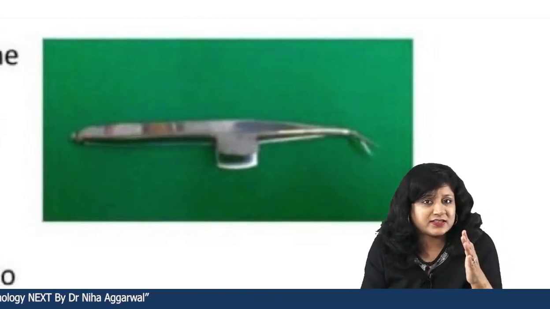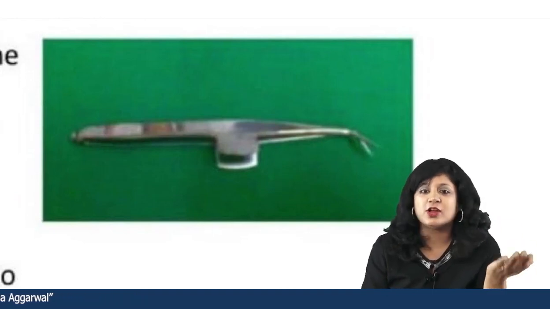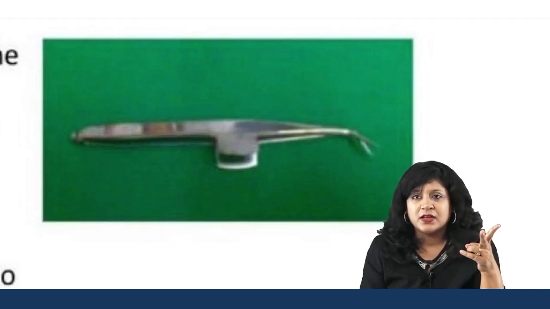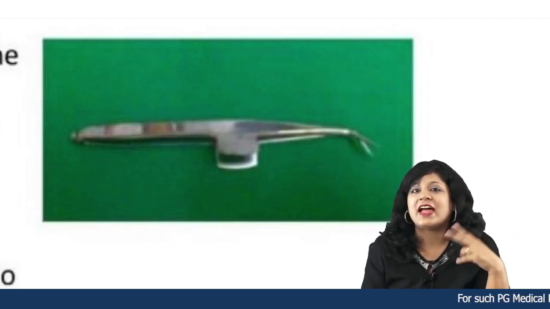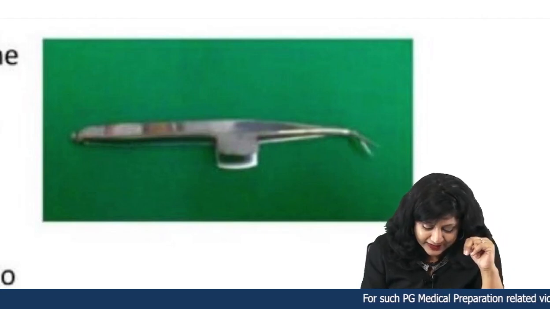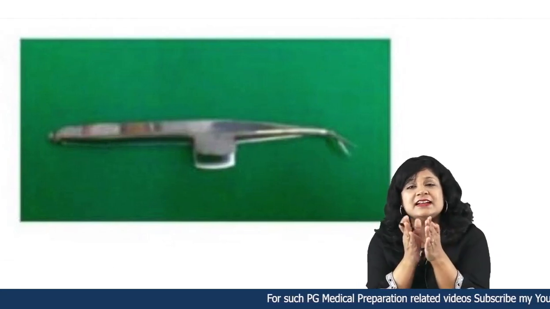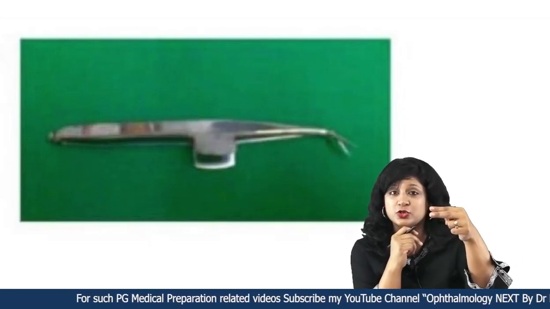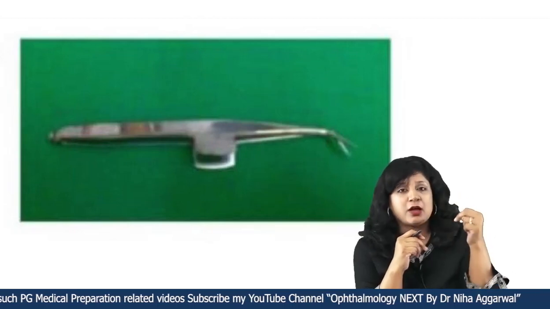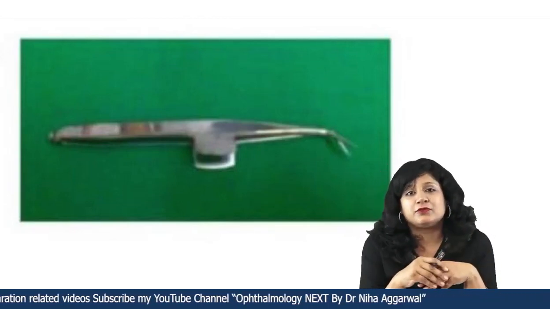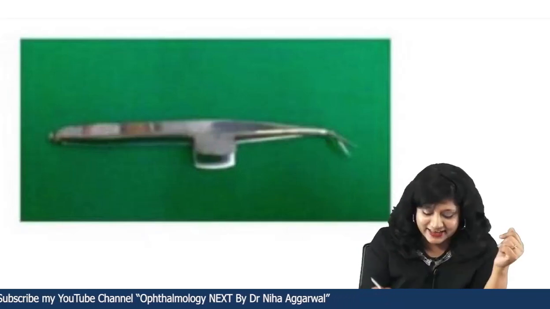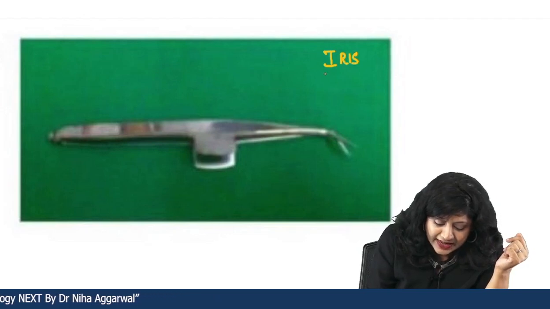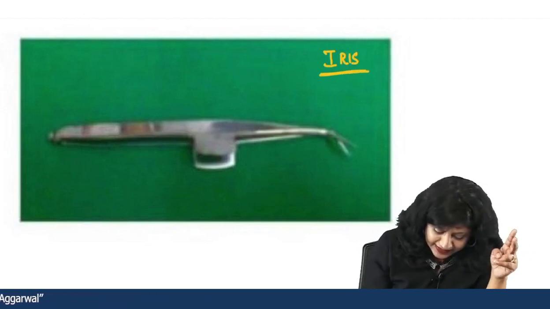If you look at it, it is not looking like a scissor, it's not looking like a forceps, but actually it is doing the work of cutting. Because it is doing the work of cutting, that is why it is called scissors. The handle is quite stout because you have to hold it properly, and your hand should be very stabilized, because the cutting that you are doing with this scissors is on a very delicate structure, and that is actually the iris.